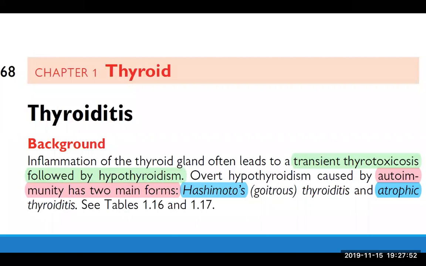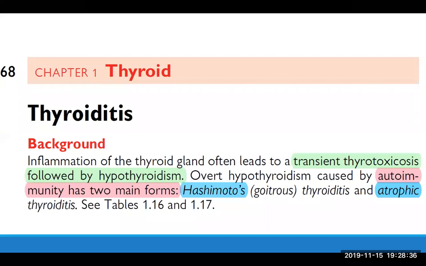Thyroiditis means just inflammation of the thyroid gland, mostly with transient thyrotoxicosis. This is the first stage, then followed by hypothyroidism or euthyroidism. Overt hypothyroidism is caused by autoimmune disease, but you must know that autoimmune hypothyroidism means Hashimoto, which presents with a goiter, and of course, anti-TPO is positive in about 100%. Another autoimmune thyroid disease is atrophic thyroiditis. This is the end stage of Hashimoto thyroiditis. Someone said it is the end stage of Hashimoto thyroiditis.